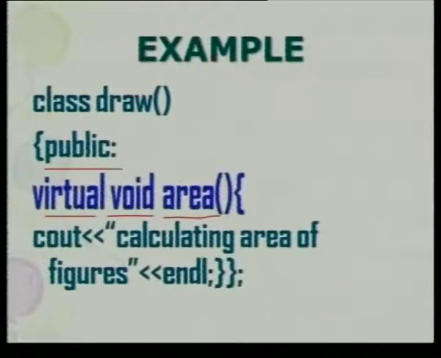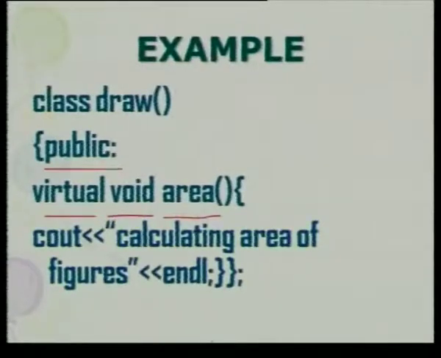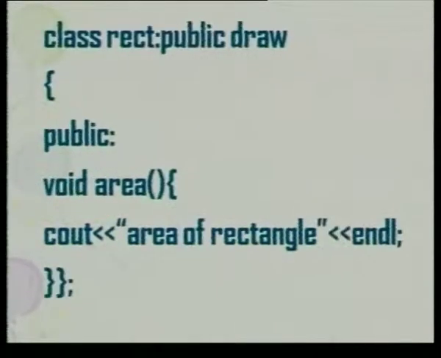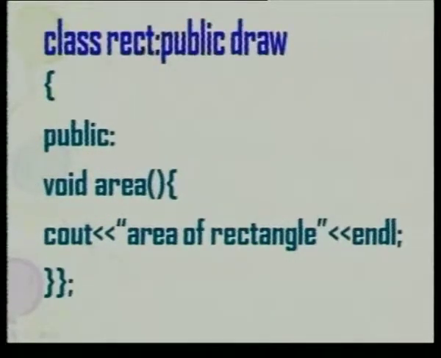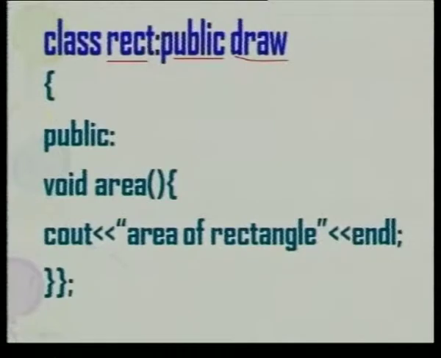So, this is called a virtual function which is declared in the base class called draw, and inside this base class you have an implementation given here, calculating area of figures. So, that is the functionality of this function area in the base class, and here the class is over, we are closing it with a semicolon. Here you are having class rect which is inheriting from class draw by the public mode of access